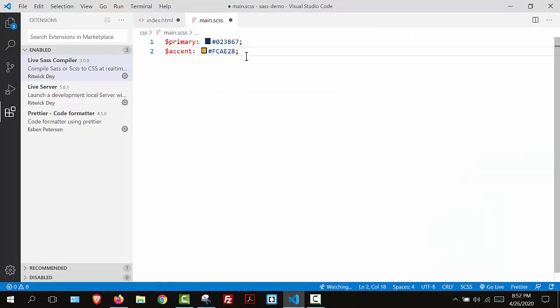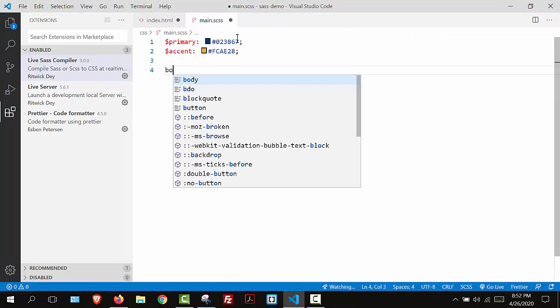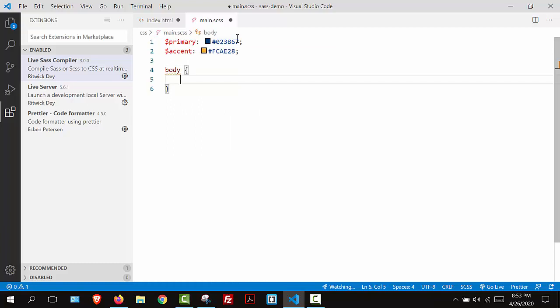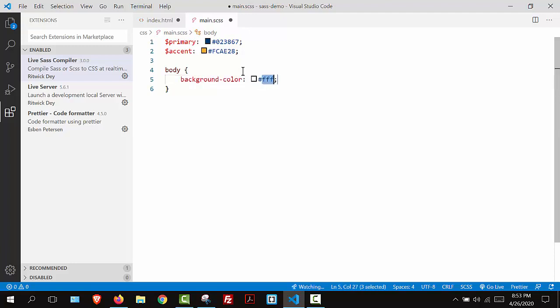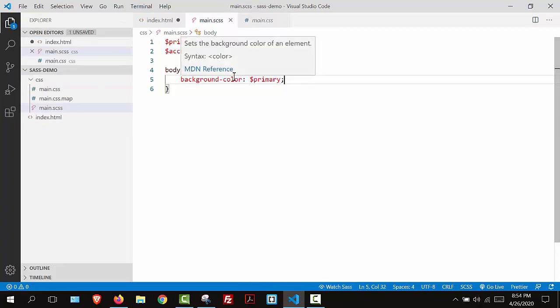So I'm going to go ahead and show you how I can use this variable. So I'm going to type body, and I'm going to go ahead and type BGC. And because this code editor comes preloaded with Emmet, I can go ahead and use my Emmet shortcodes. And I'm going to press tab, and I'm going to use $primary. So instead of giving this background property the value of hexadecimal, we've just replaced it with the variable that we created. This will not work in regular CSS. So if we save this file,